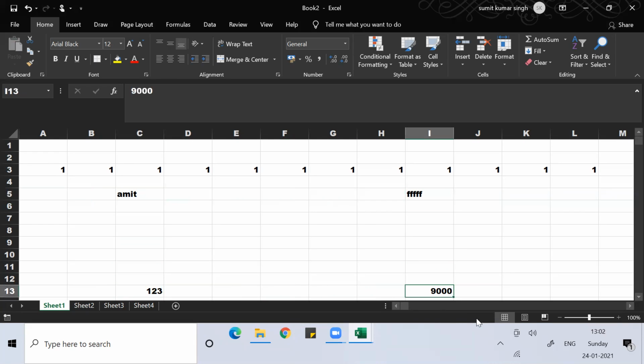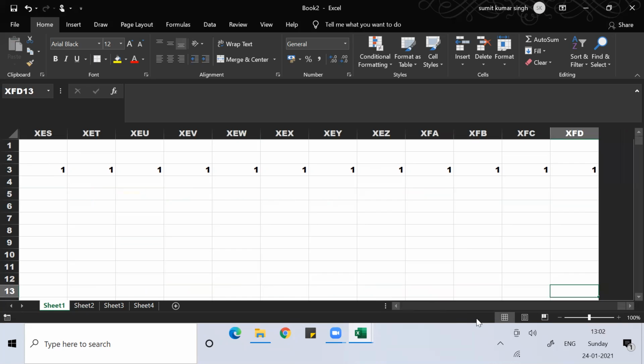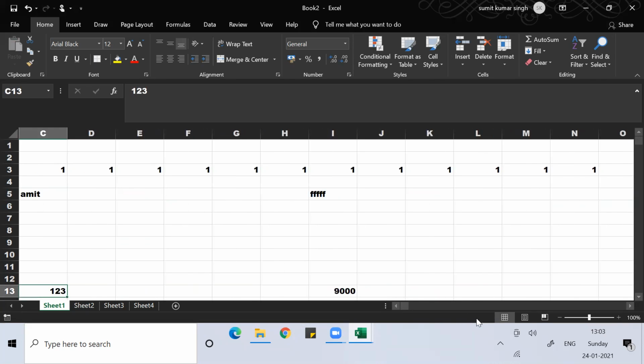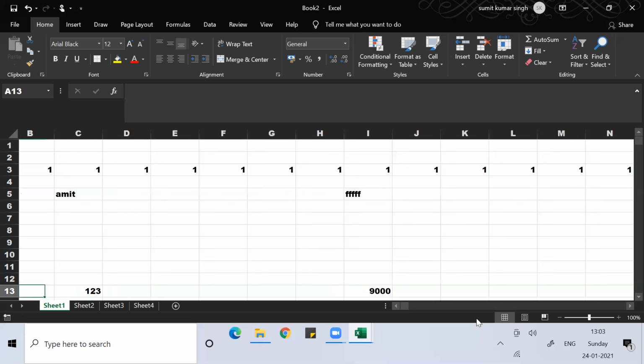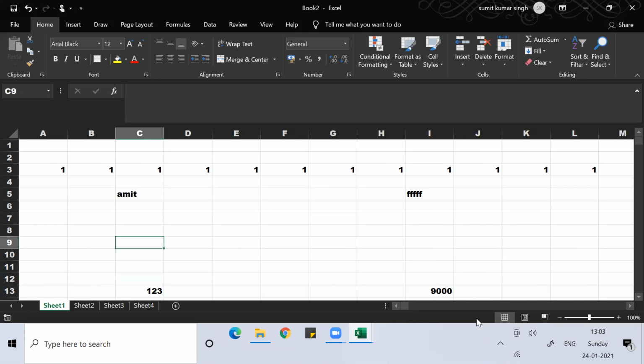Now if you see after I13, nothing is written in that row 13. So if I press Control right arrow, then I'll reach the last column because nothing is written. So what the Control command basically does is go from one filled data to another filled data. If nothing is there, it will automatically reach the last cell. That way the Control command is very helpful whenever we are working in Excel.